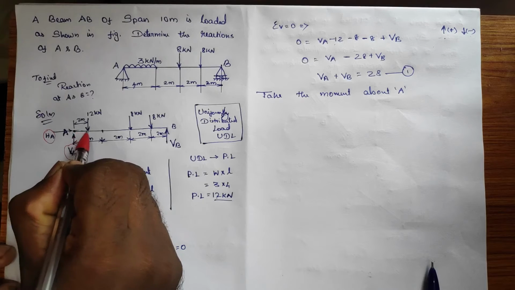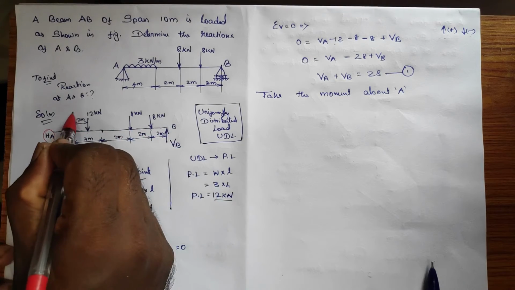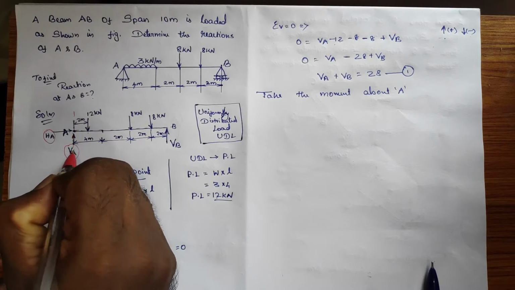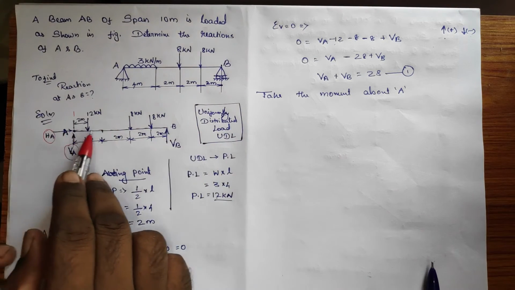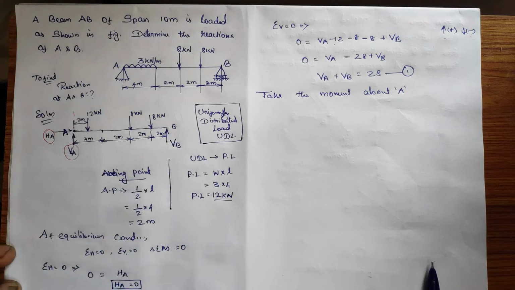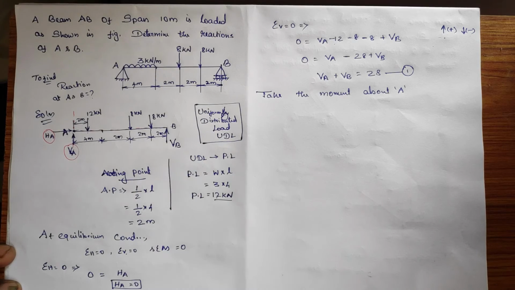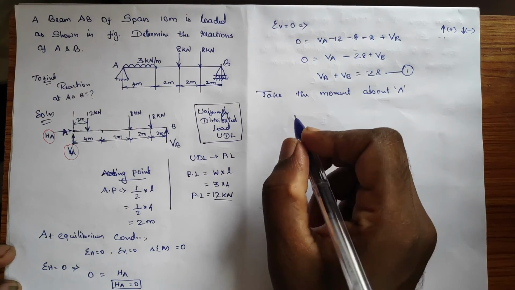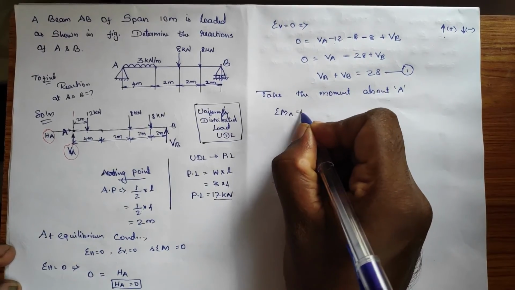If you draw a cross line, if any of the forces are coming into the same line of action, then that must also be 0, but there are no forces coming on the line. Am I right? Okay, so only these two forces are 0. Fine. So the 12 kilonewton force, the two 8 kilonewton forces, and this VB will take part in the moment. Sum of moment about A is equal to 0.